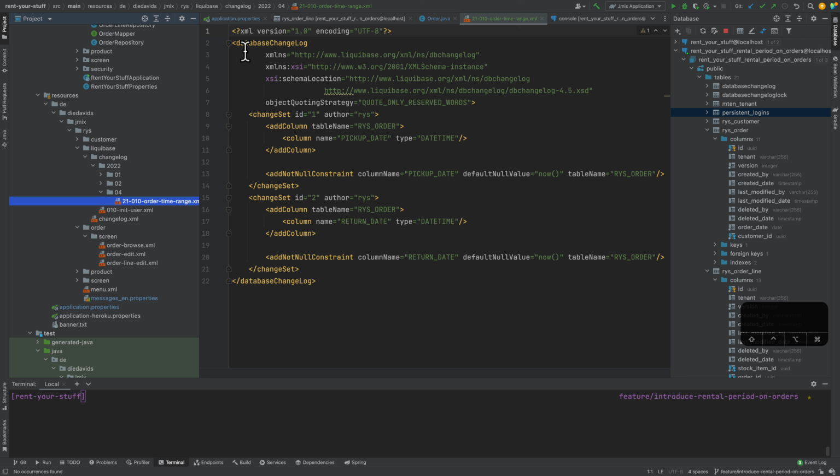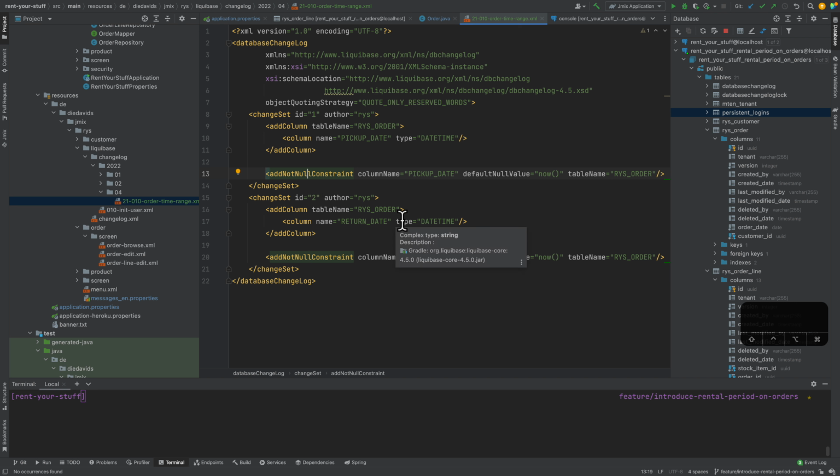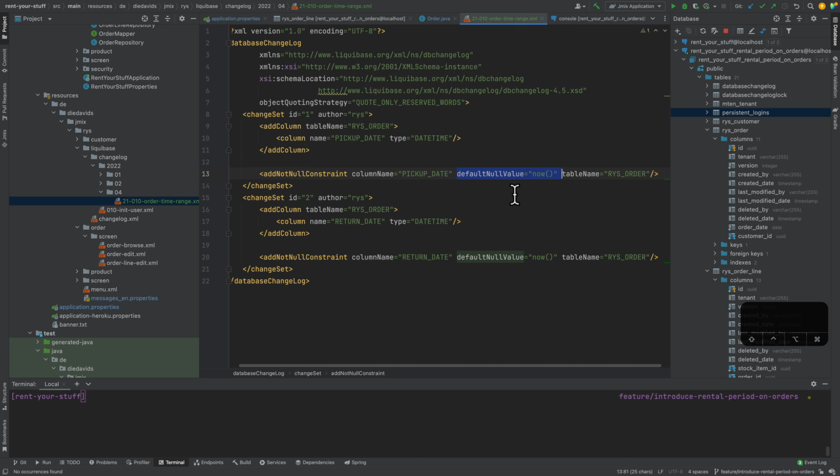And here you have these different change sets that are grouped within this file. The first thing is that we add a column with the name pickup date, and then we immediately add a not null constraint. And as you can see here, the Studio plugin generated the default null value for us, which is now, and this is exactly a thing that we have to change. So let's get rid of this,